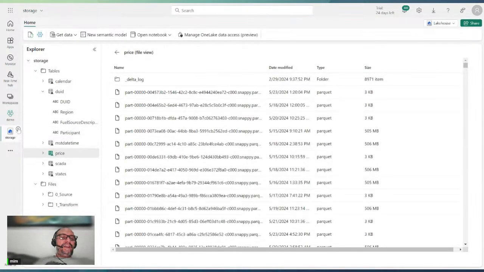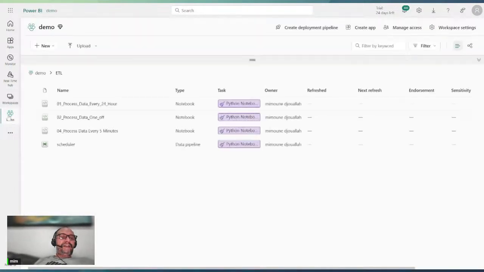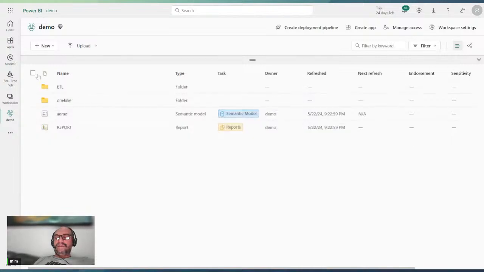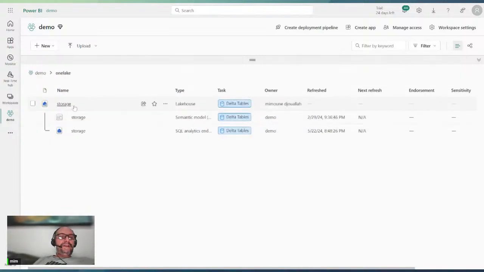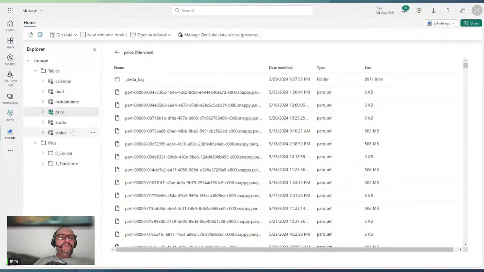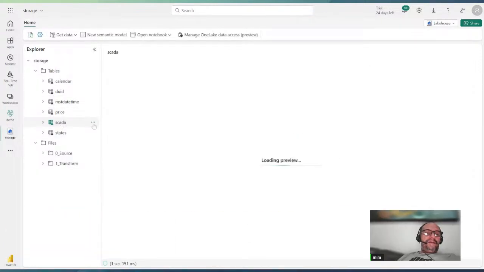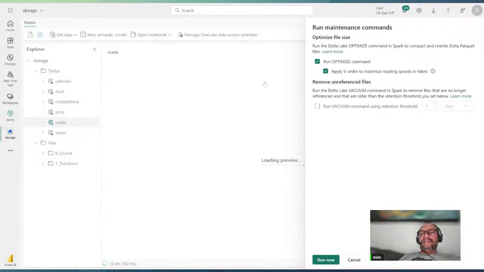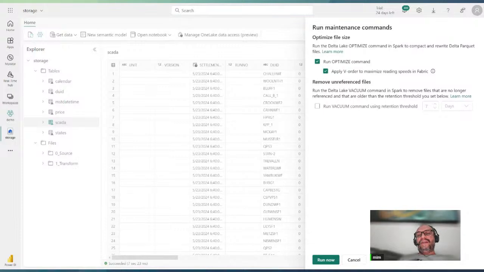There is another way for your case. Let me go back to OneLake. Make sure you can run the maintenance, but it's a manual operation. So it will apply the optimize and make the order. The order is